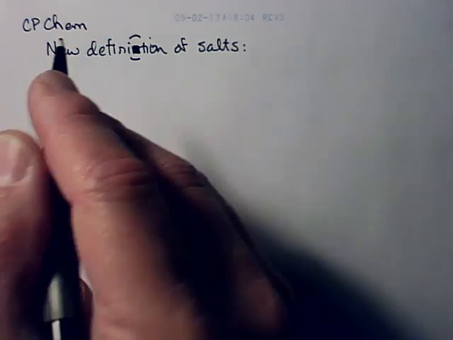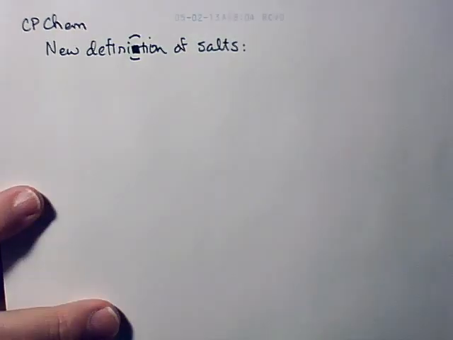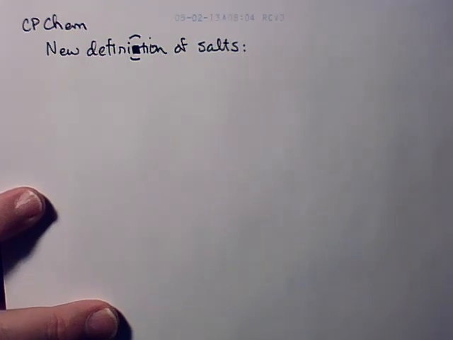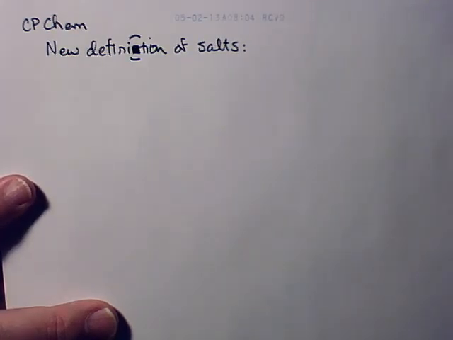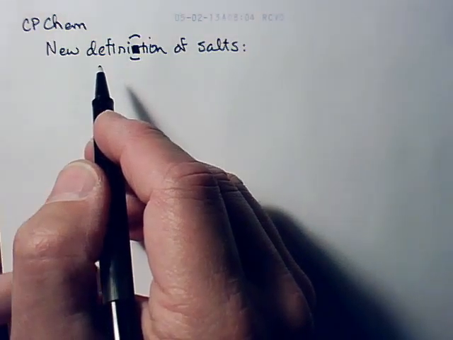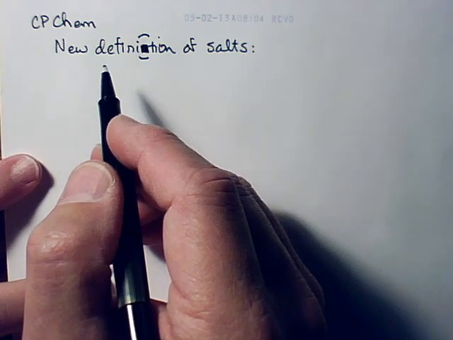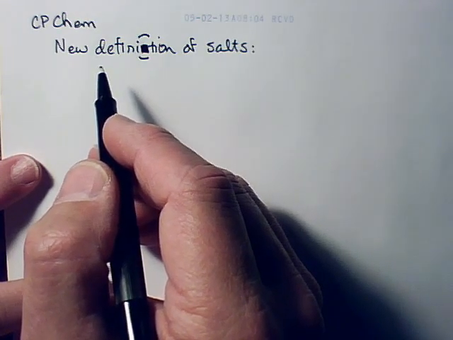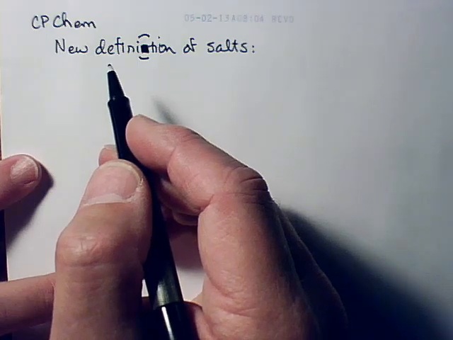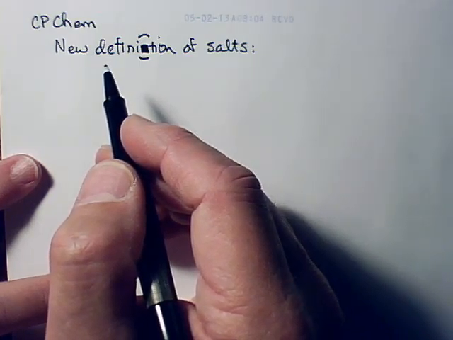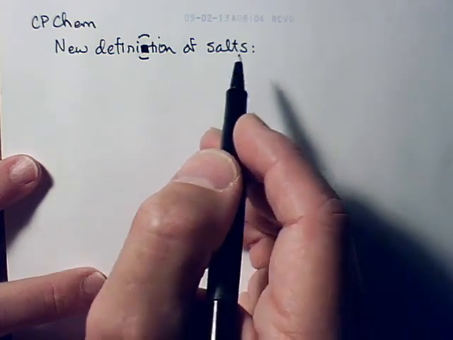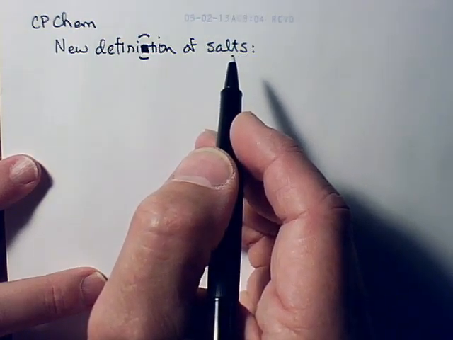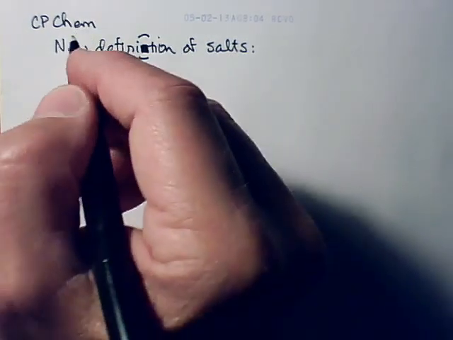Alright? So in our lab that we did day before yesterday, we did a very simple neutralization reaction, where we neutralized one weak acid and one strong acid. Okay? And it is the neutralization of acids by bases, or vice versa, neutralization of bases by acids, that gives us a new definition of a salt. The chemical definition of a salt is